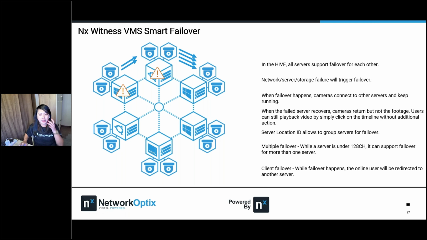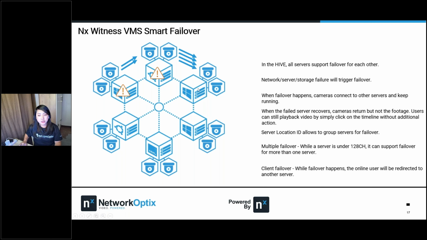What will happen if server 1 fails or crashes? Automatically, the cameras will transfer to server number 2. And what if server number 2 crashes as well? Of course, all the cameras will transfer to server number 3.